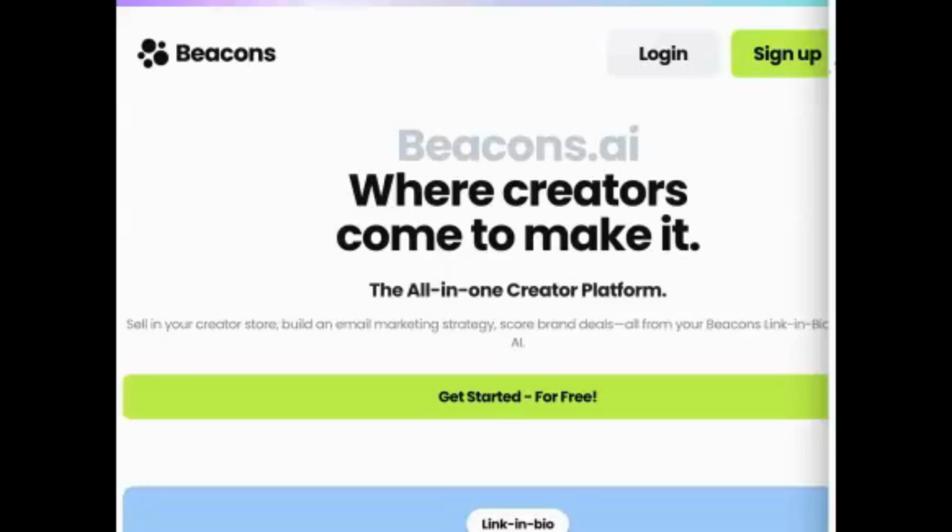So if you have a product that costs maybe like $4.95, $9.95 for the course or anything like that, and some people can't afford to pay that up front, Beacons will offer them a payment plan, which I think is so awesome, but it only comes with the Pro plan. My suggestion to you is to get the Pro plan,